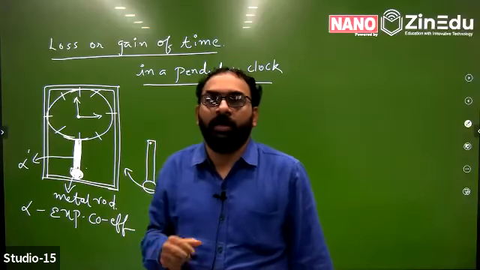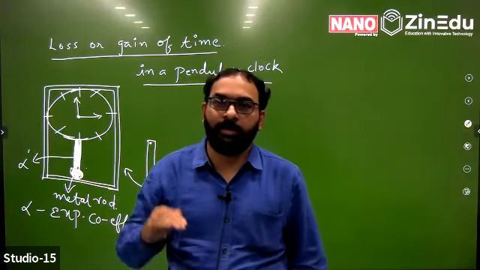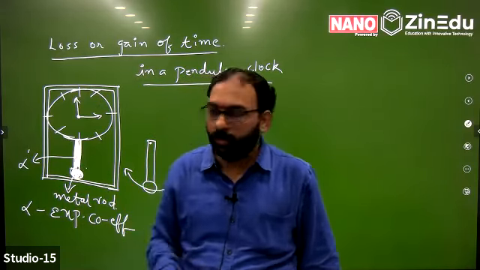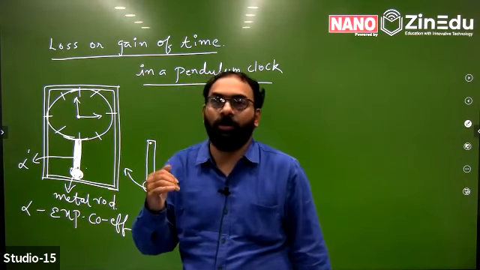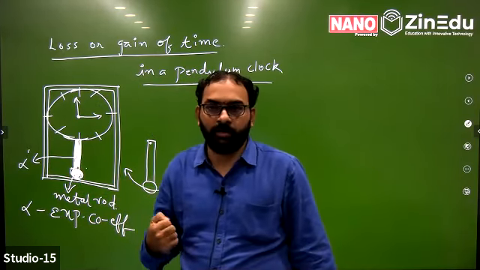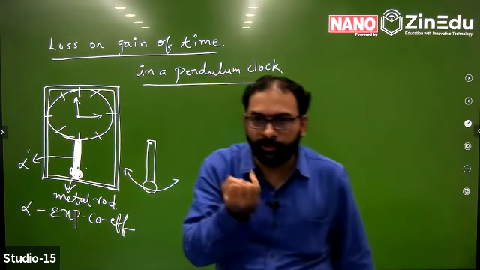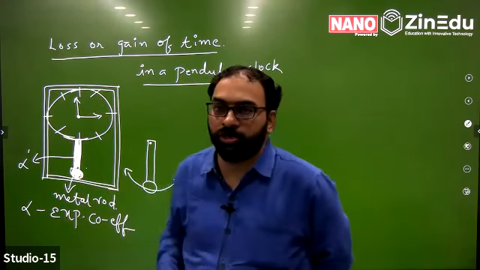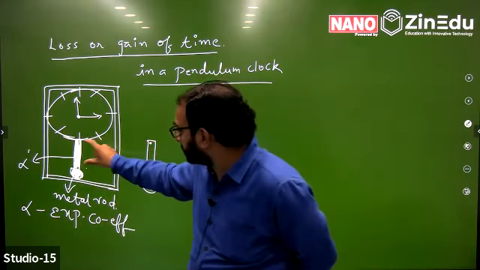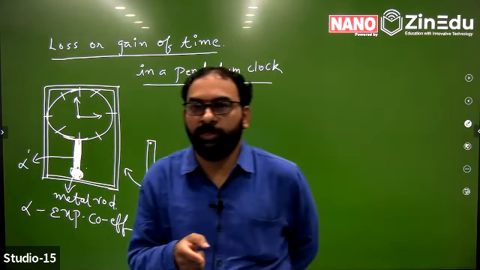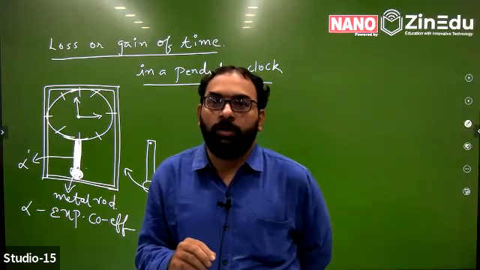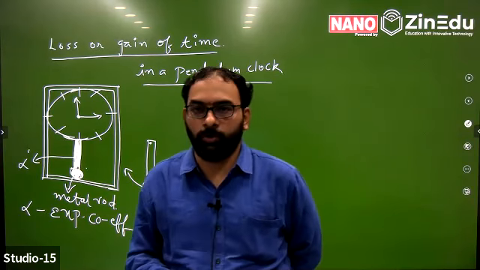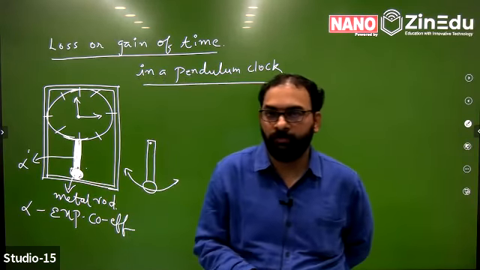So first, the rod can expand at a higher temperature, or the rod which oscillates and measures the clock can contract. How does it affect the clock? Two things can happen. On a very high temperature region, if this clock is used, the bar length will increase, and as it expands, we have to sort out whether the clock will show time more than the actual or less than the actual. That's what we have to conclude, using a standard expression or relation.